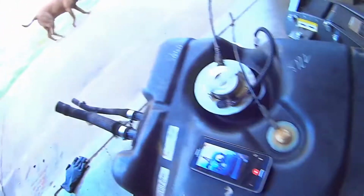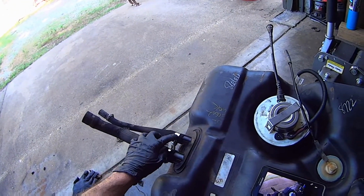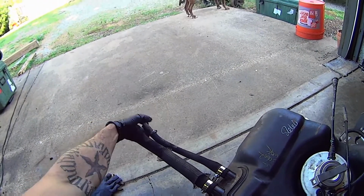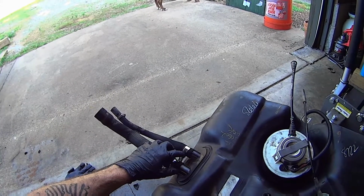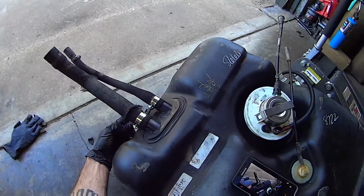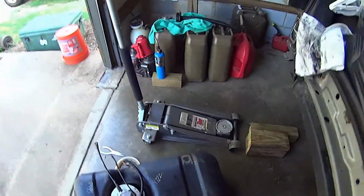Now, when I dropped this tank, I didn't have access to these hose clamps, so I took them off at the fill spout, which was actually a lot easier because the nuts for these were on the top side of the tank. When I put these new ones on, I put them on the bottom side, so if I have to take the tank off again, they're easier to get to. How I did that,